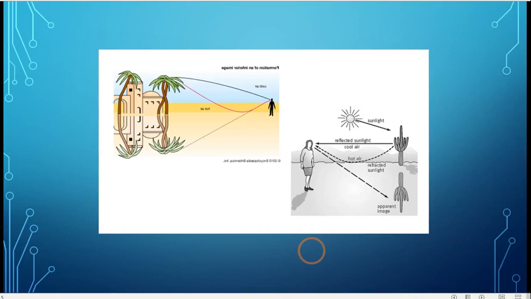On a hot day, the air in contact with the road is hottest, and as we go up, it gets gradually cooler. The refractive index of air thus increases with height. In this figure, यहाँ पे आप लोग देख सकते हो. In this figure, due to this gradual change in the refractive index, the ray of light coming from the top of an object becomes more and more horizontal as it almost touches the road.